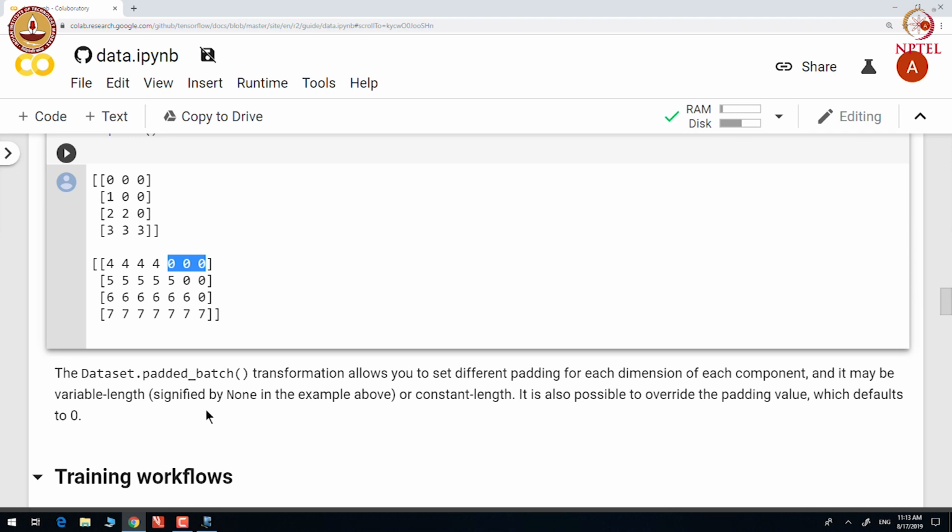So, the padded underscore batch transformation allows us to set different padding for each dimension of each component. It is also possible to override the padding value, which was 0 in the example that we just saw.